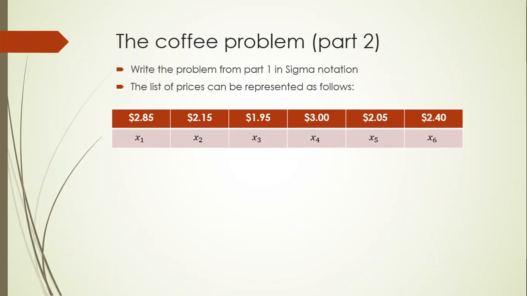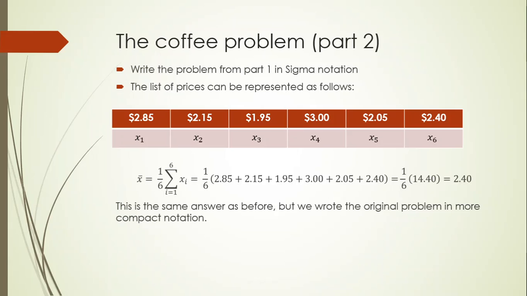Let's do the same problem, only let's write it in sigma notation. So we can write our prices as a table. Our x sub 1 is $2.85. Our x sub 2 is $2.15, all the way down there. And then we can write that in